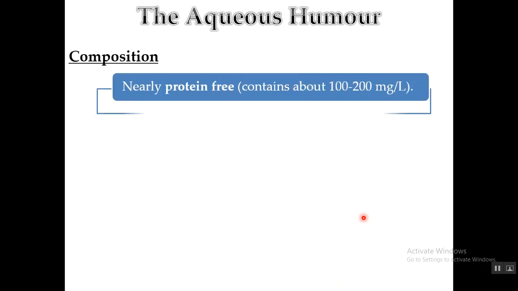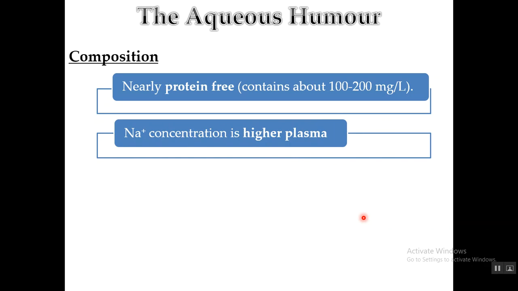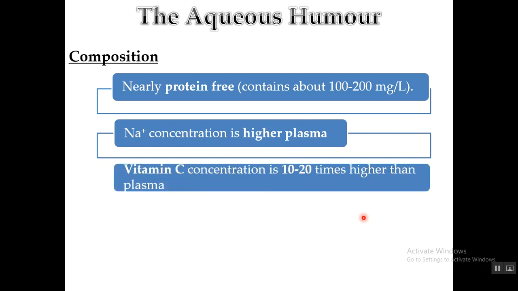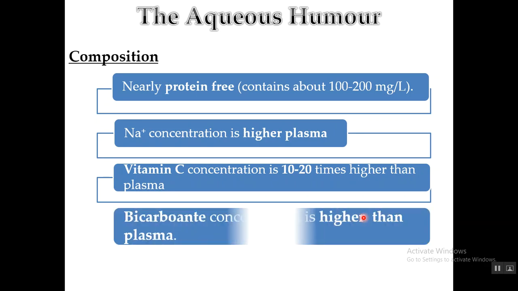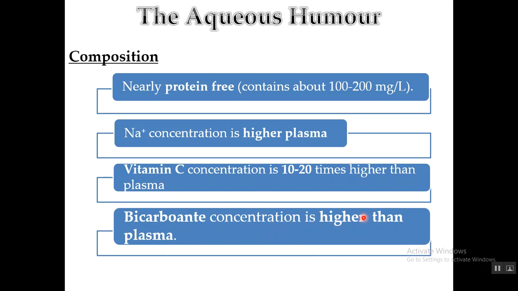What about its composition? It is nearly protein free, or its protein content is very low, about 100 to 200 milligrams per liter. The concentration of sodium is high compared to the plasma. The vitamin C concentration is high compared to the plasma, about 10 to 20 times. The bicarbonate concentration is also higher than the plasma. Why? To neutralize the lactic acid, which is produced by anaerobic oxidation for the